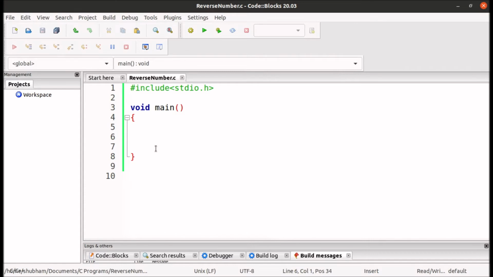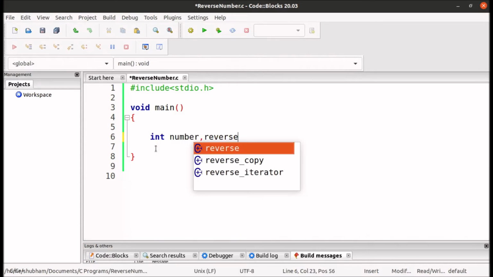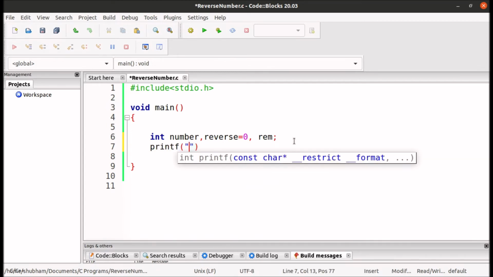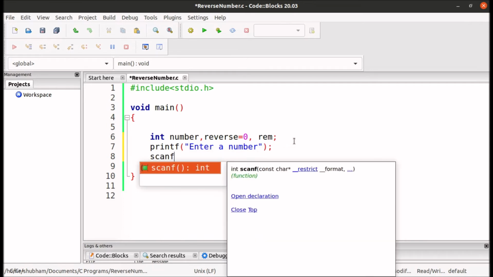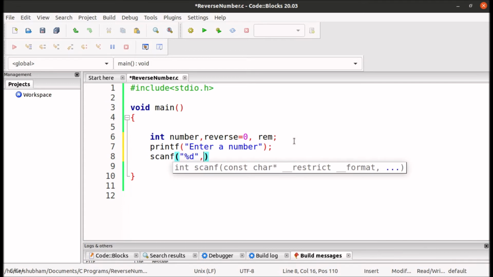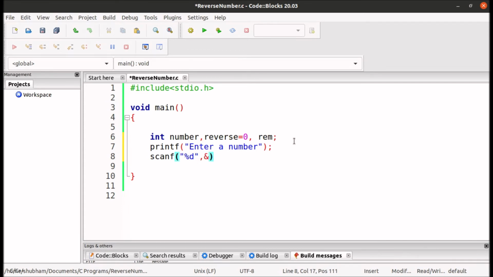So we will require number, reverse and rem for the remainder. Reverse will be equal to 0 by default. Now printf, enter a number, so scanf, %d for integer and the name of the variable in which we want to store this number, so &number.